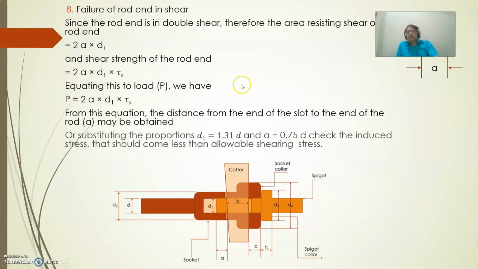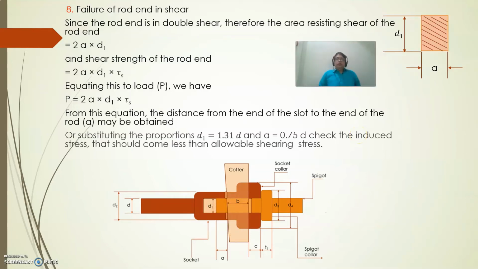So this is 7. Now we will go for 8, failure of the rod end in shear. Rod end in shear. So where is that rod? This is the rod end. So failure of the rod end in shear, if A is the area in the margin, sometimes it's called a margin, this area is the failure you are going to get. If the quarter is stronger than the spigot, this area of the spigot moved due to the quarter.